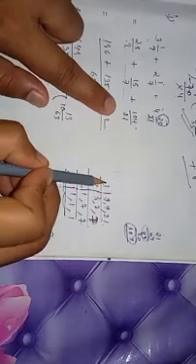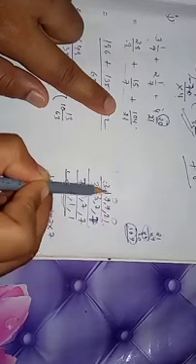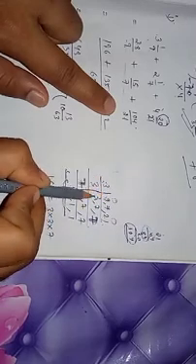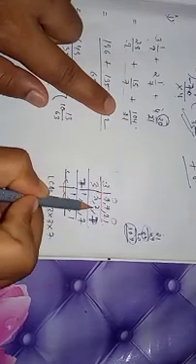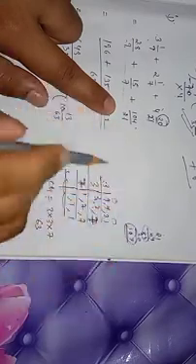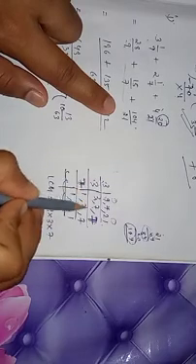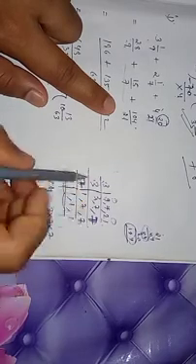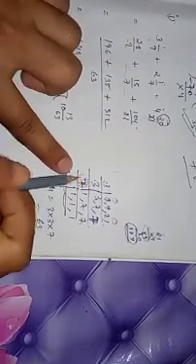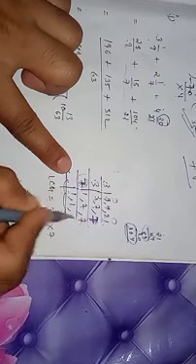So I have used 3 because I am saying that 9 and 21 will come in the table of 3 easily. So 3 3s are 9, 7 will be copied as it is because it doesn't come in the table of 3, and 3 7s are 21. Done. Now again I have used 3, 3 1s are 3, and both of these 7s will be copied as it is. Then again I am using 7 because 7 is a prime number itself. So 7 1s are 7, 1 will be copied, 7 1s are 7.